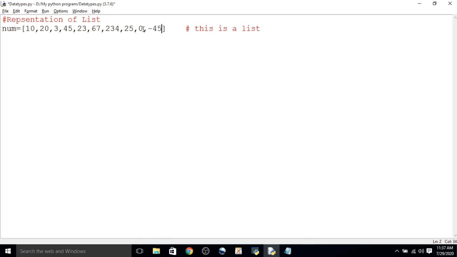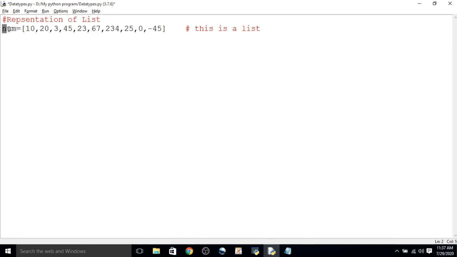So lists are represented using square brackets. Here we need to represent the list by using square brackets, and the elements are written inside that square bracket, separated by commas.